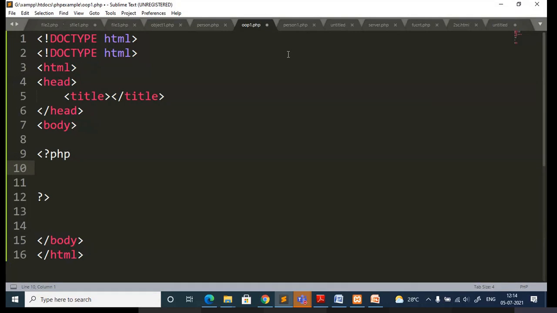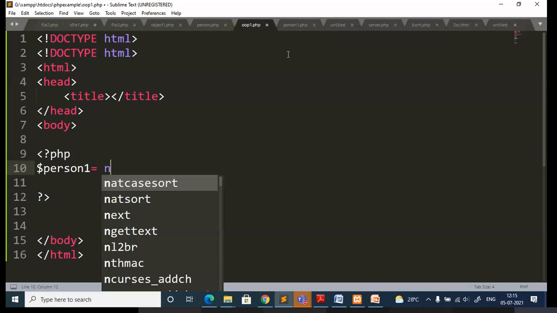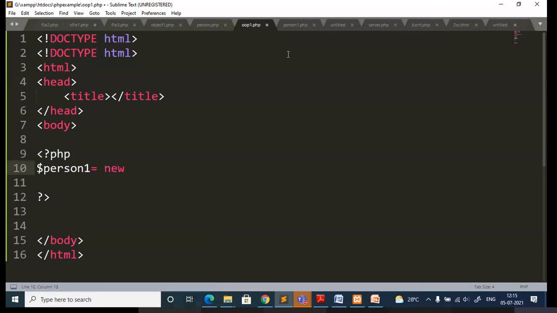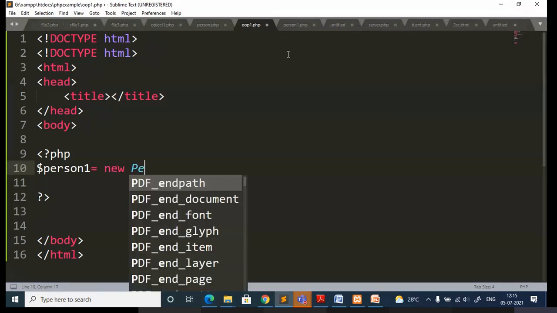You have to create the object for the class. How to create the object? Once again, start with a dollar. You can give the name of the object, person. Equal to, you are creating the object. You need to use the keyword new followed by the class name. Whatever class name I have given, I am going to select that, person.